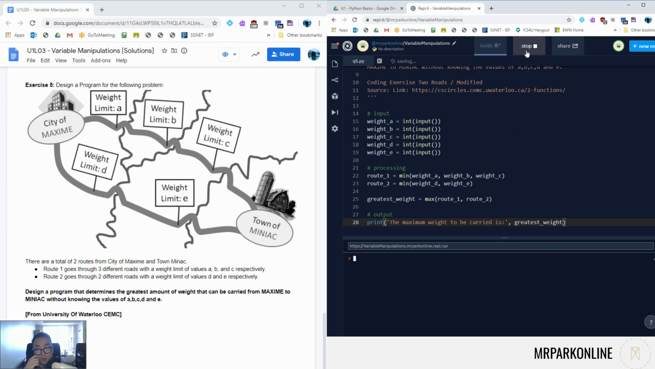Let's run this code. Let's say the weight limit of A is 5, B is 10, C is 30, D is 20, and E is 25. So the maximum weight to be carried is 20, which is the smaller value between D and E. However, that 20 is greater than the smallest value between A, B, and